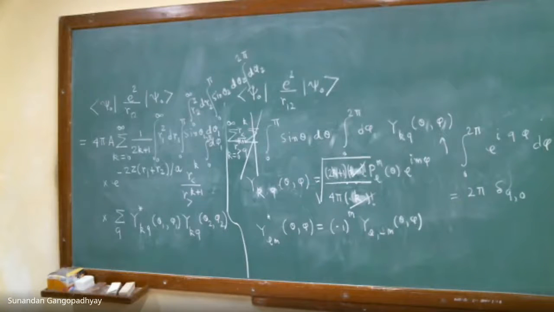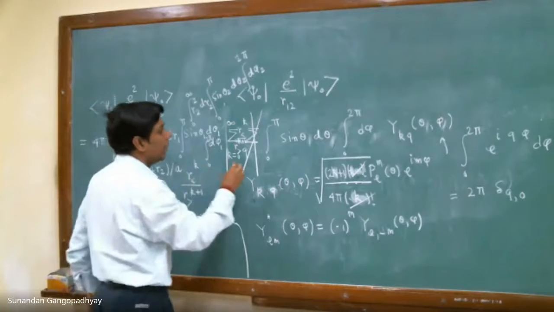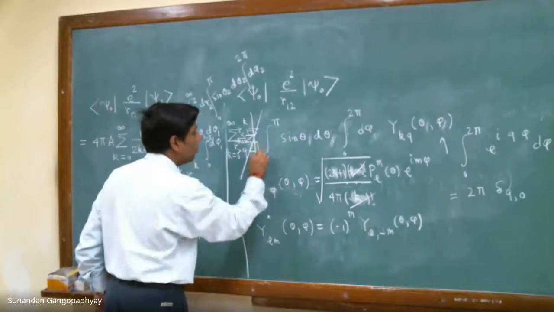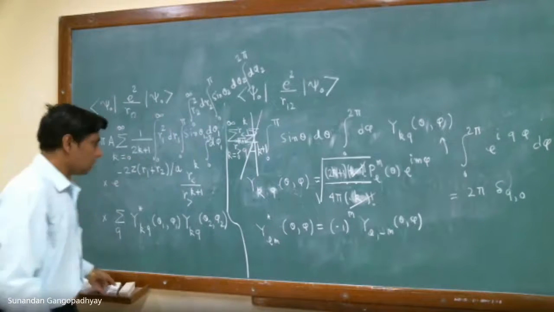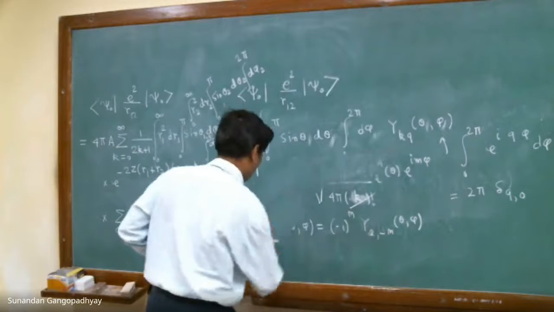So when you do this, Ck0, you have this. You should also remember that this is r less than to the power of k, r greater than to the power of k. The summation over q contributes only for q equal to 0, and you also have a factor of 1 by 2k plus 1 coming from this factor. There is a 1 by 2k plus 1. So what remains is the following. Let me just wipe this out so it will be clear now.